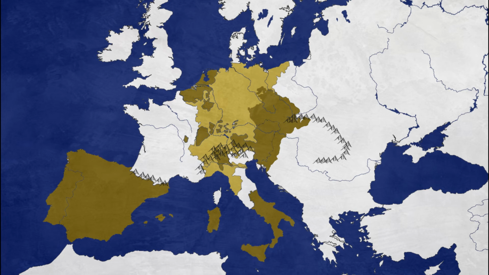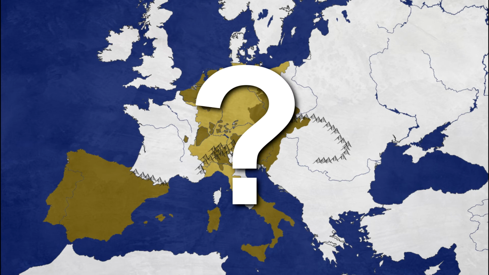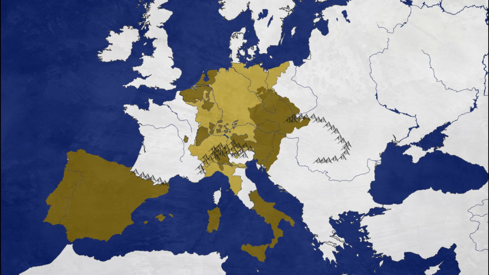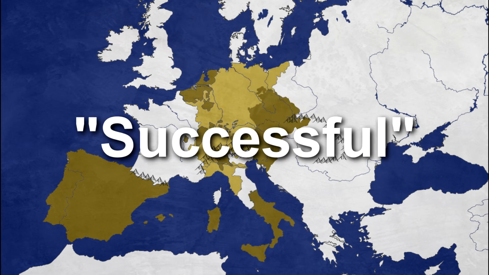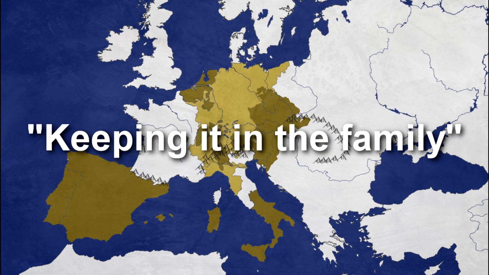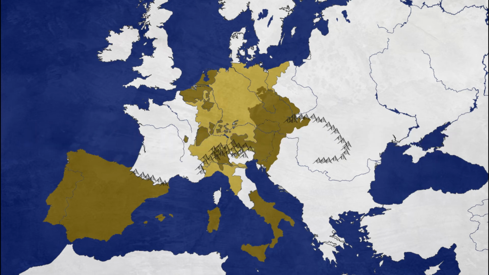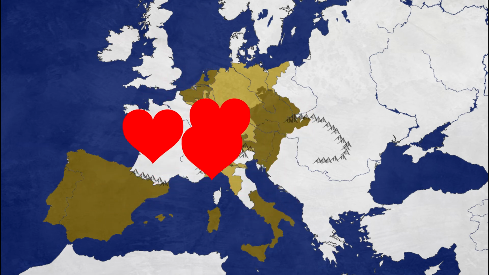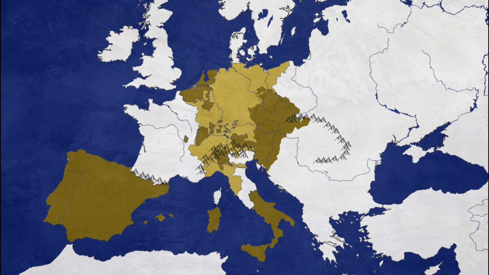This royal family became the hegemon of Europe, not through conquest, but by marrying its way to the top. But they could lose everything just as easily. So how are they going to keep all their lands? Well, the Habsburgs had a very successful policy called keeping it in the family. At this point they were part of so many European royal families, they said, well, why don't we just start marrying each other? This helped them keep their lands in the short term, but after a couple of generations of